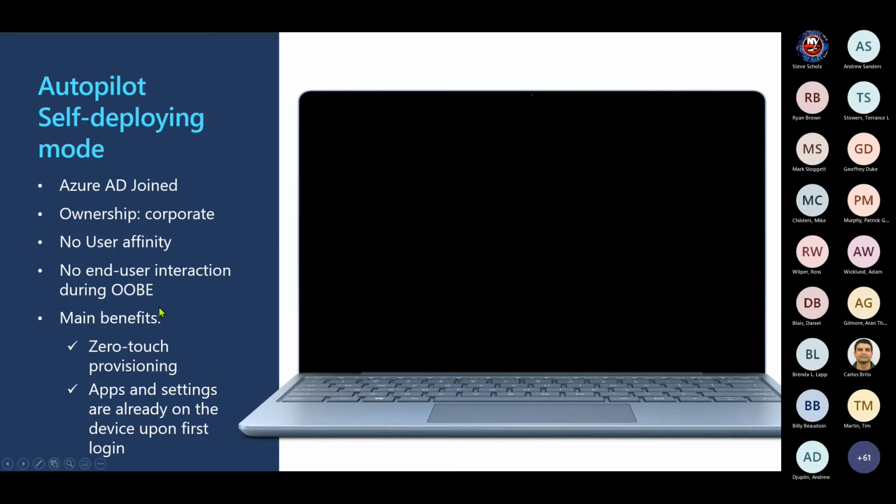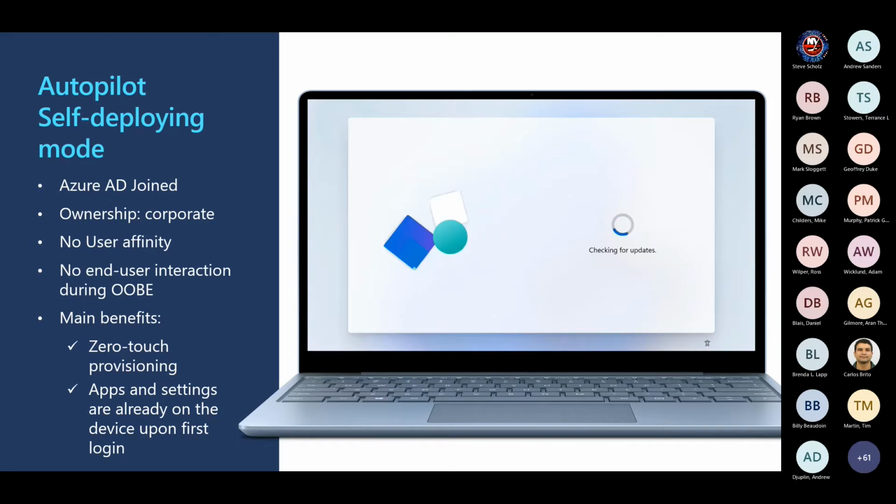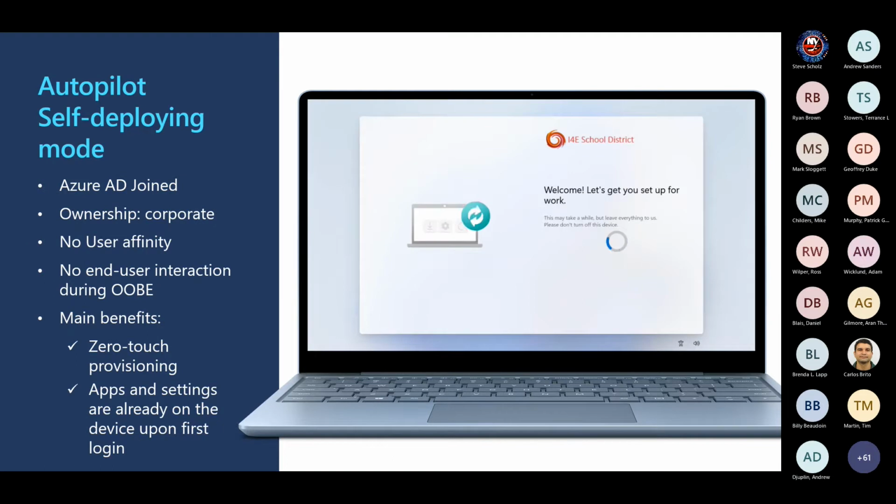So for this one specifically, the device, again, will be Azure AD joined, but there will be no user affinity, very much like the previous process with the provisioning package. There's absolutely no end user interaction during the actual enrollment process. And together with the enrollment status page configuration, which can be configured to force a specific set of apps and policies